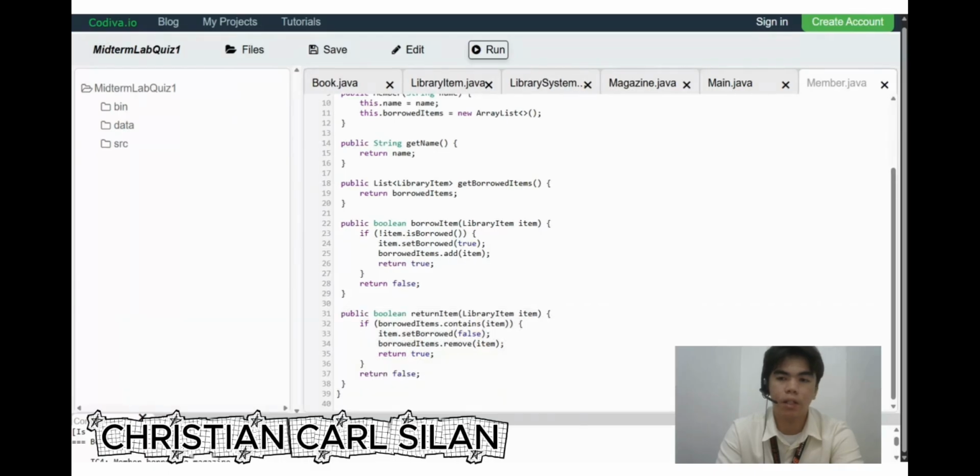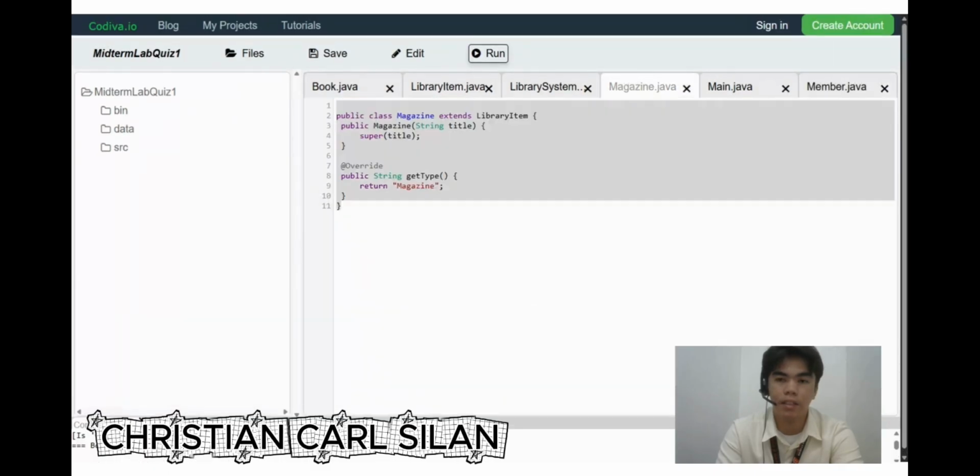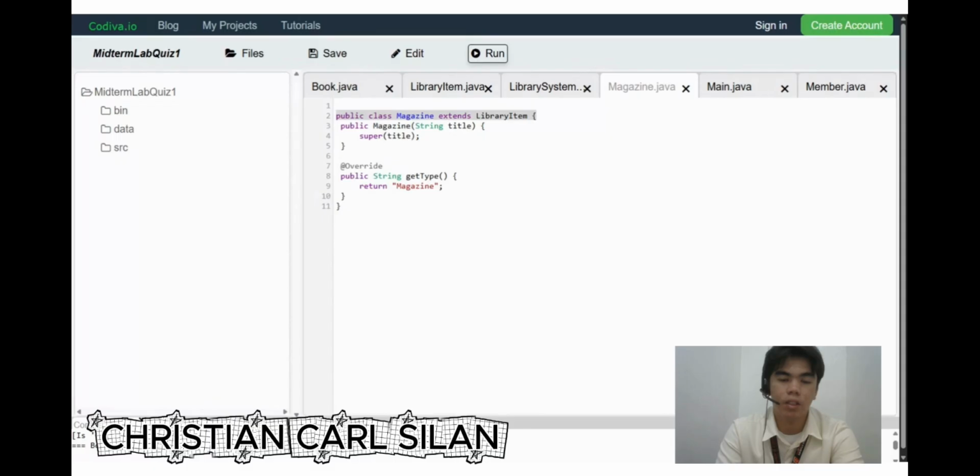So that's our Member.java class. Next is my last part, the Magazine.java class. On this public class Magazine extends LibraryItem, this is the most important line because it creates the Magazine blueprint and uses the keyword extends to establish the parent-child relationship with the LibraryItem.